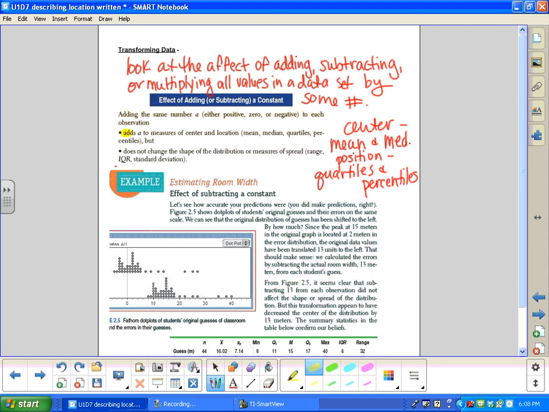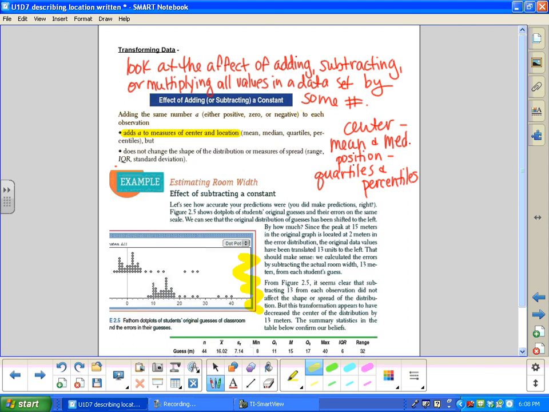It's going to add or subtract a to all the measures of center and location. If you look at this graph down here, this is exactly what's going to happen. We have taken all the data and we just increased it by 5 or whatever amount you've increased it by, and it just shifts the entire distribution up or down that amount. So the mean and the median will change, as well as all the other measures of position and